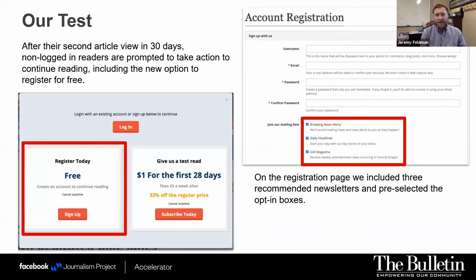Registration box, very simple. Again, just an email, a password, and then you can see the 3 pre-selected newsletters that we have there. Trying to cut down paralysis of choice and just have 3 newsletters has worked very well so far. So the results page,